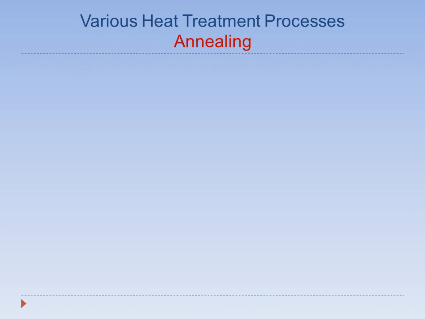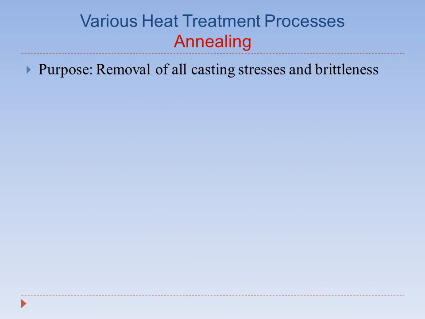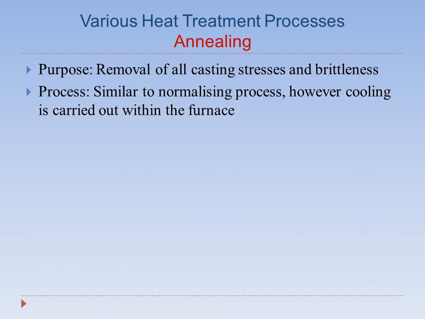The next heat treatment process is annealing. Annealing is carried out in order to remove all casting stresses and the brittleness. Friends, you know, many of the products are just casted. That means the metal is molten by heating it to its melting point, and then this molten metal is